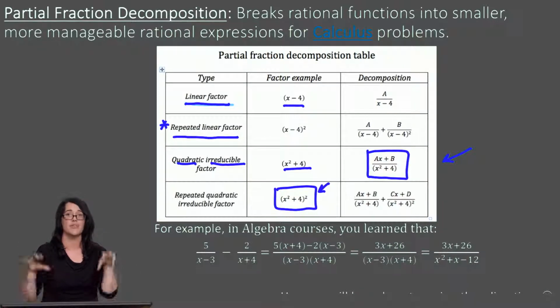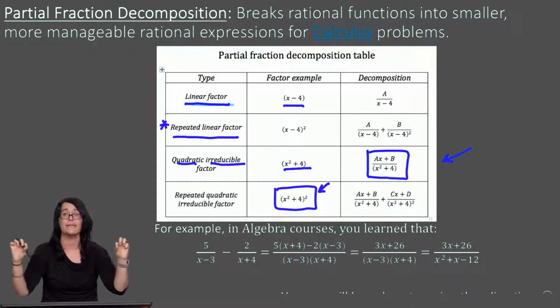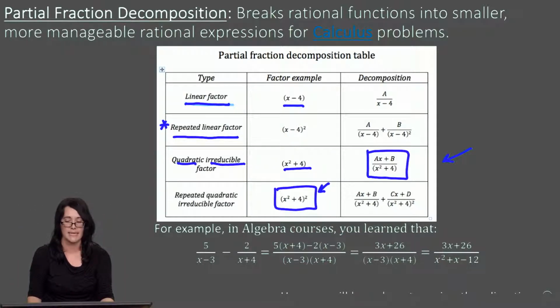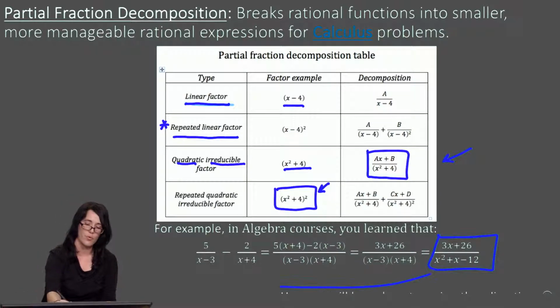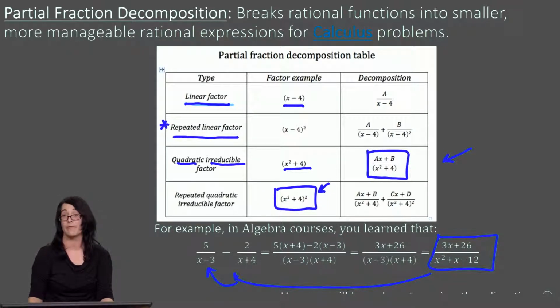So on the bottom of this slide, I've just pointed out to you that in your previous math classes, you would take two fractions which were being added or subtracted, and you would combine them by getting a least common denominator, right? And multiplying each fraction independently by what it was missing. But now what we're doing is we're starting with this bigger fraction and we're going the other way. We're trying to find out how to get the partial fractions that it came from,